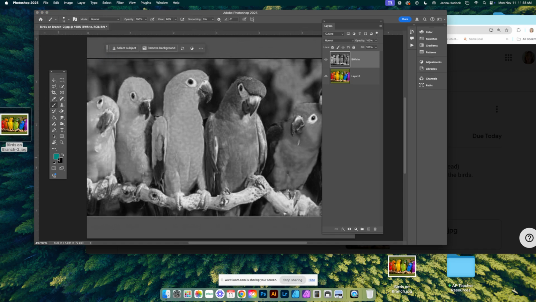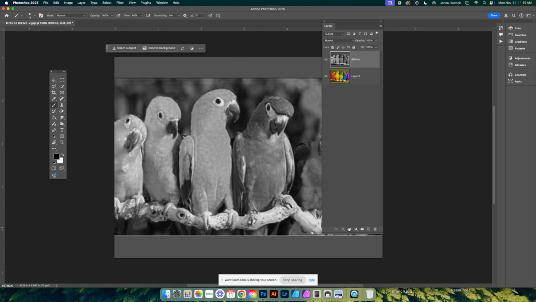Okay, I had a paintbrush and for some reason it had green in it. You want to hit your default, and if you have white in the foreground instead of black, you're actually going to swap it to black. We're going to be using a normal brush. However, we're not brushing right onto the picture. You're going to be on the black and white layer and then use what's called